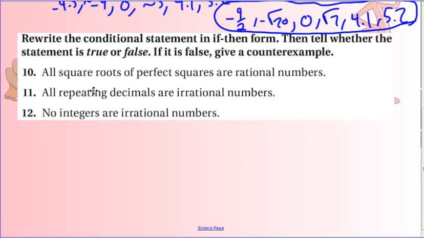There. Write the conditional statement in an if-then form, then tell whether the statement is true or false. If it is false, give a counterexample. So number 10. All square roots of perfect squares. So this thing, if it's this, then it's that. So if a number is a square root of a perfect square,